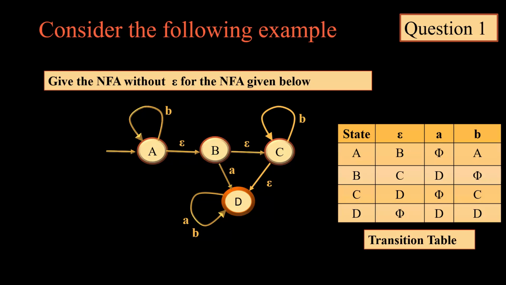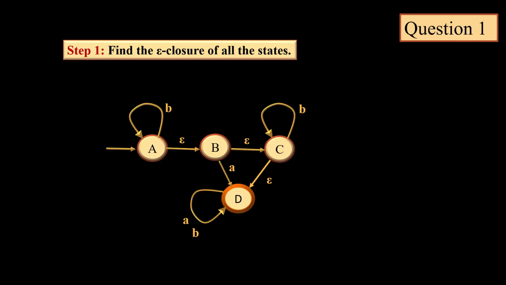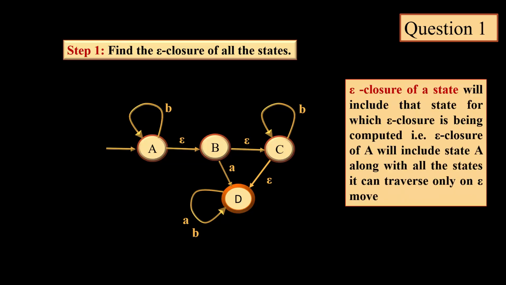Now consider this particular example. In this, first we have initially drawn the transition table. Although the transition table does not serve any purpose as such, the only benefit which we get is that we get a clear picture of where A and B along with epsilon transitions are taking place corresponding to all the states. Next, the first step is to find the E closure of all states.